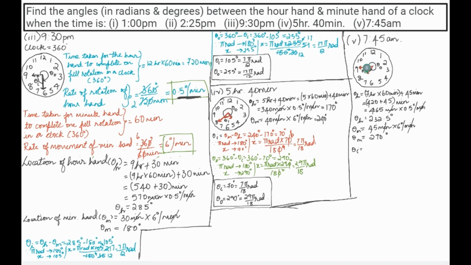So when we subtract the location of the hour hand from the minute hand, we can find the angle between them. So theta m minus theta h is equal to 270 degrees minus 232.5 degrees, which is equal to